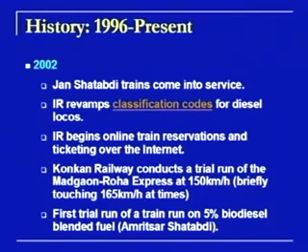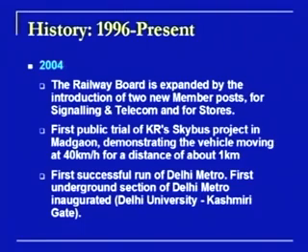Then there were some modifications in terms of the blends of the diesels which were used, and 5% biodiesel blended fuel was used for the first time in Indian Railways in 2002. That was for Amritsar Shatabdi. In 2004, the Railway Board expanded by the introduction of two more members, one for signalling and telecommunication, the other one for